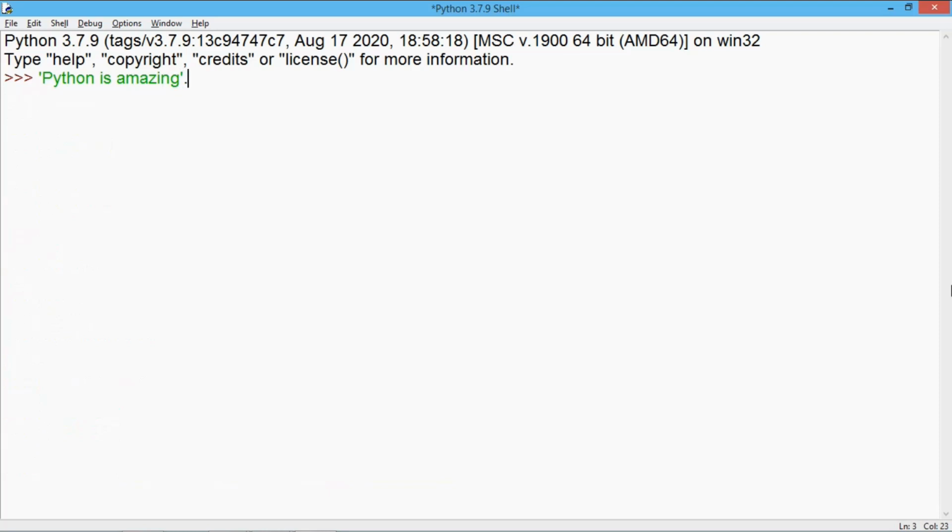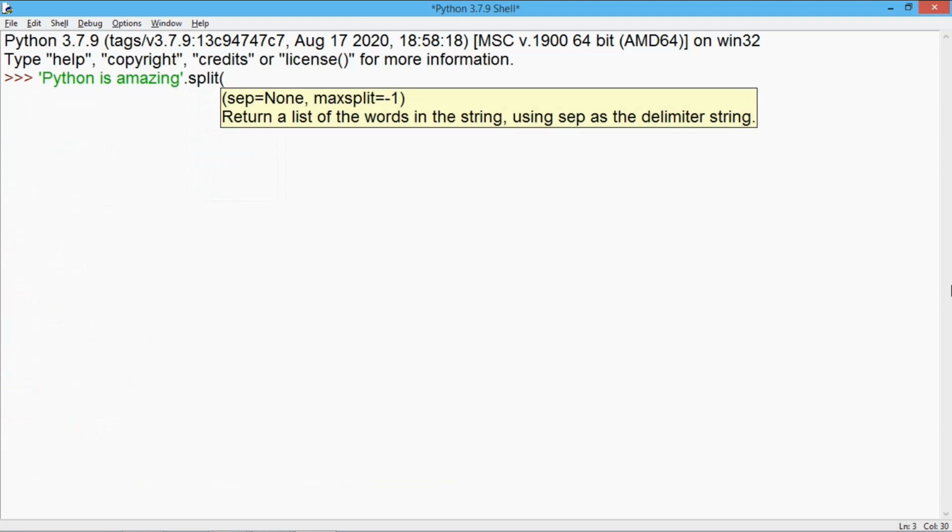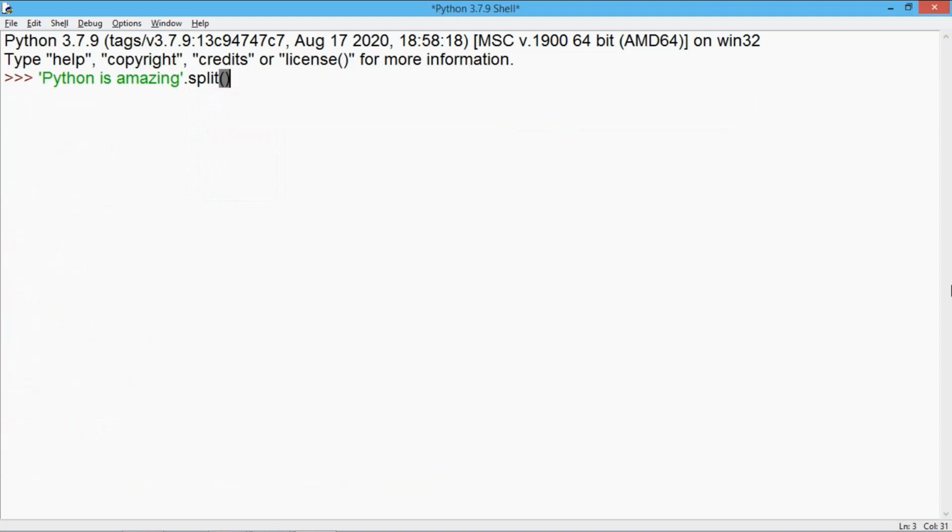And I can use a method by writing the dot operator and using the split function. You can see the definition of the function given here. It returns a list of words in the string. That means the output given by the split function will be showing the data in square brackets, which denotes that it is a list. Now, by default, it separates the words at the space character. So whenever it encounters a space, it splits the words and assigns them as different elements of the list. Why am I saying list? Because in the output you can see square brackets in the beginning and in the end. So this is a list data type.